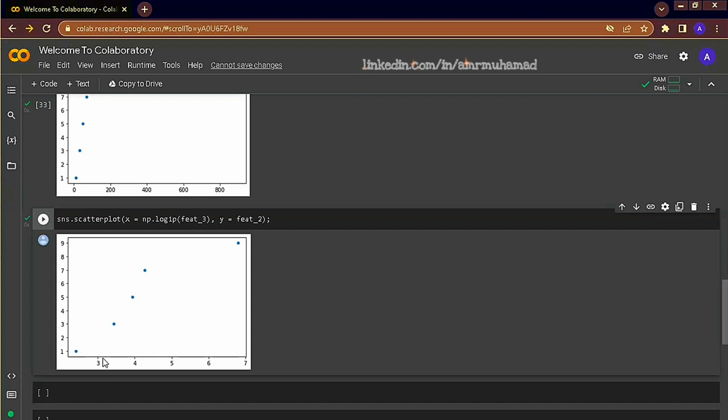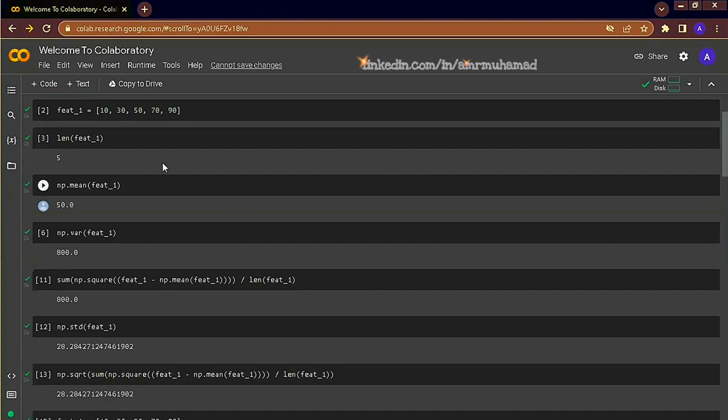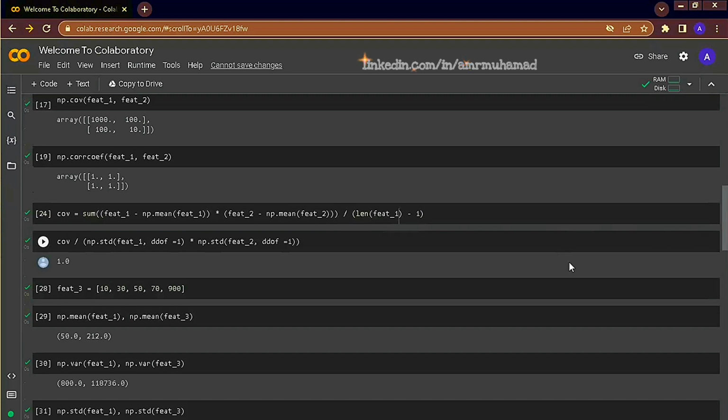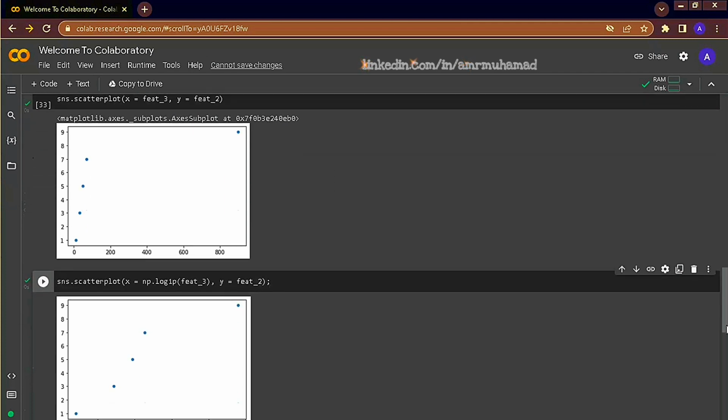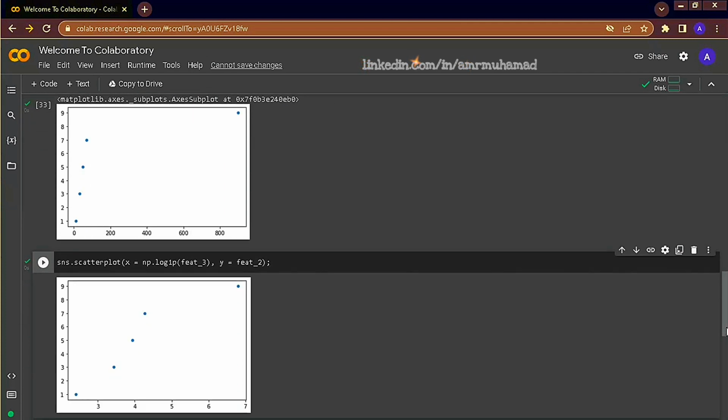So to summarize what we have learned so far, we are now able to describe variables using single values such as count, mean, variance, and standard deviation. We are able to assess the degree of association between two random variables using covariance and correlation, and we know what outliers are and how to deal with them. It's time to start an actual analysis using real data.